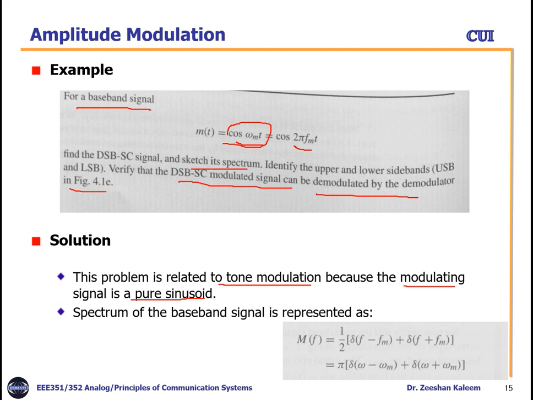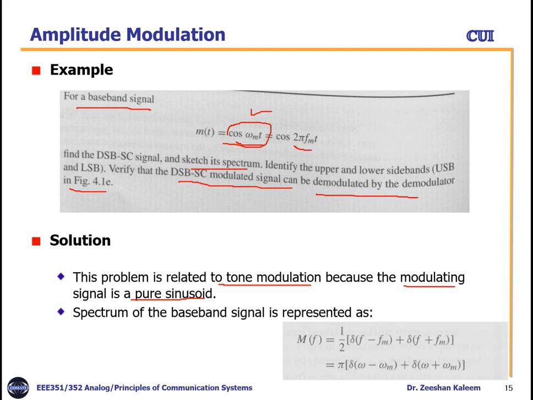After taking the Fourier transform of this one, we will get half delta f minus f m, plus delta f plus f m. You can review that by going to the previous lectures. For cos omega m t, we have two impulses, one at frequency fm and the other at minus fm,